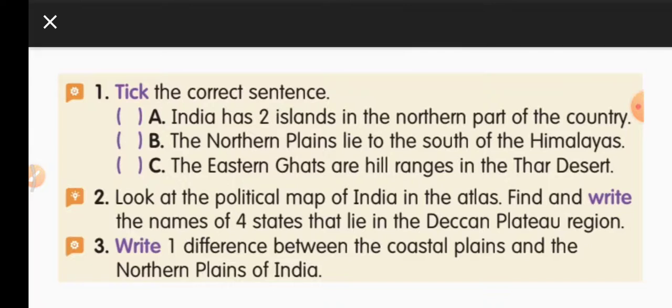Third question, write one difference between coastal plains and the northern plains. Okay, coastal plains are alongside of a sea or ocean, whereas the northern plains are landlocked. Okay, and coastal plains, you can see that they are flat, and we have this western coastal plains and eastern coastal plains, whereas the northern plains we have in the north side. You read more from the textbook and you write the